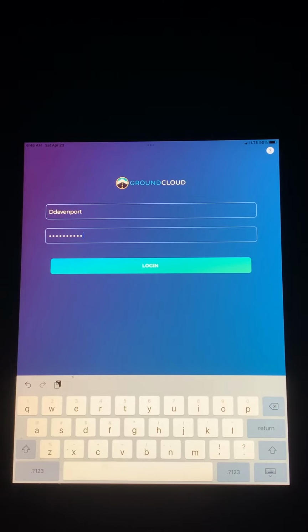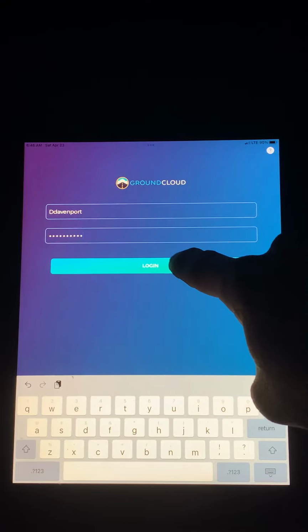I'm going to show you how to get logged in and where you can find your information. You're going to be able to see what it looks like when you first open it, and there'll be other videos that show you how to do different things with it, but this one's just to get you familiar with what it's going to look like. So you're going to log in,